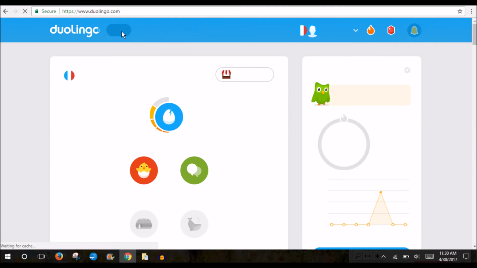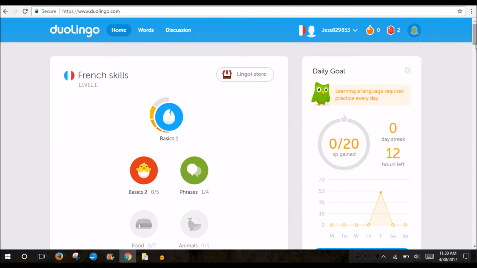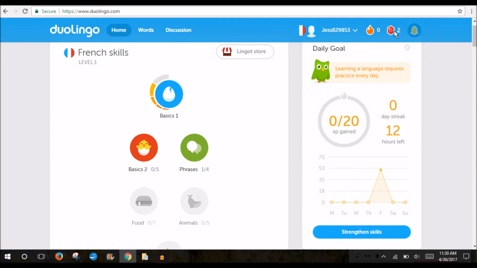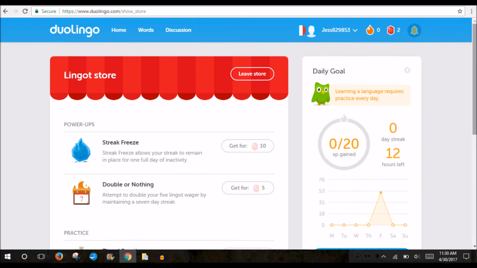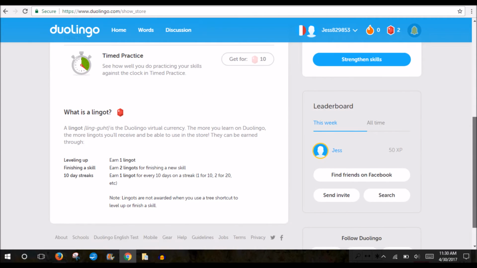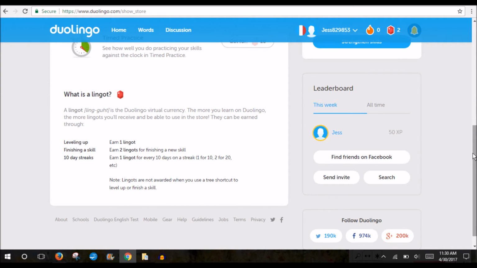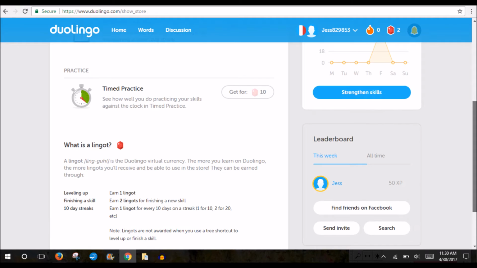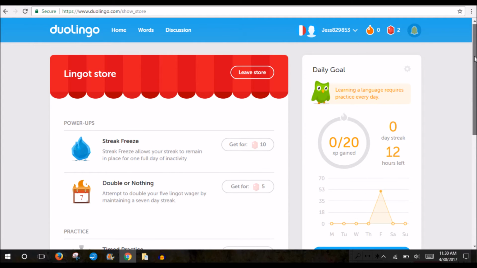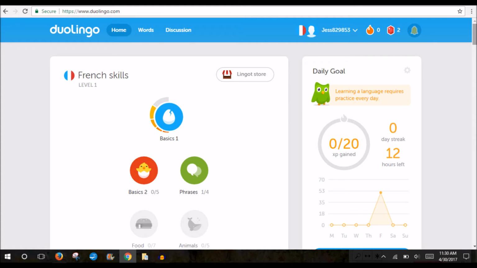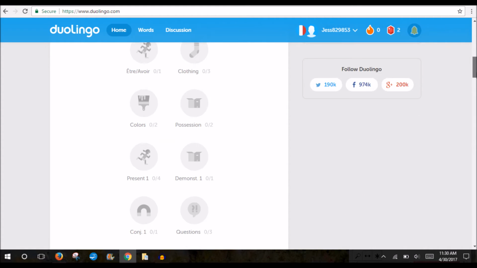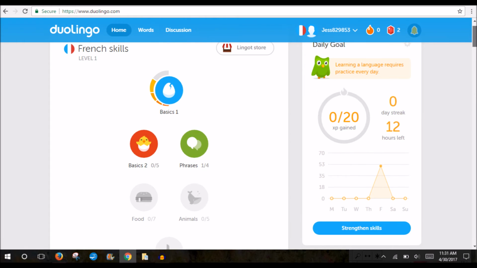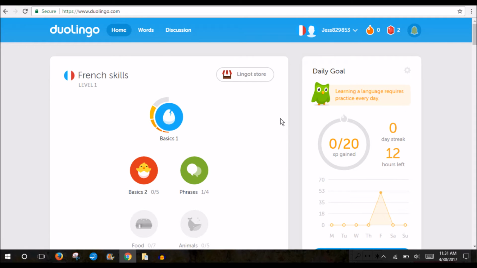The other nice thing about Duolingo is they give you these little points called lingots. And the more practice you do, the more they add up. And you get more, right? And they show you it down here. And you can even do it so with your class around here, they'll show you who's ahead, who needs more practice, who's been practicing a lot, which is great for your students as a kind of competition, to help them work a little bit more. So it's a great app, has a lot of variety, grammar, vocabulary, all things that are useful,